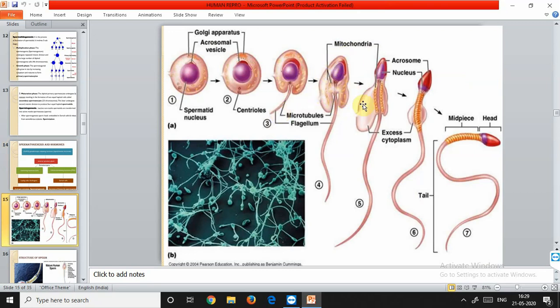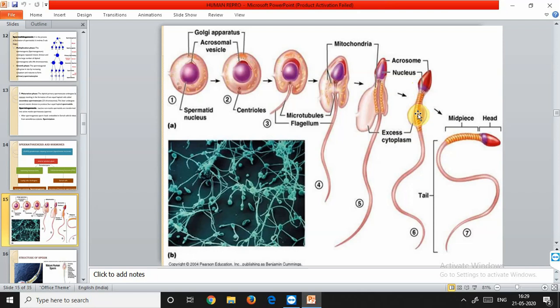Now when the Golgi bodies form a cap, they are called the acrosome, and they are found in front of the nucleus. These are a modification of the Golgi bodies. The nucleus and acrosome combined form the head. Now the cytoplasm with the mitochondria and centrioles moves downwards, and this region forms the middle piece, which lies behind the head. This is the head that includes the acrosome, which was the Golgi bodies, and the nucleus. Behind this is the middle piece.